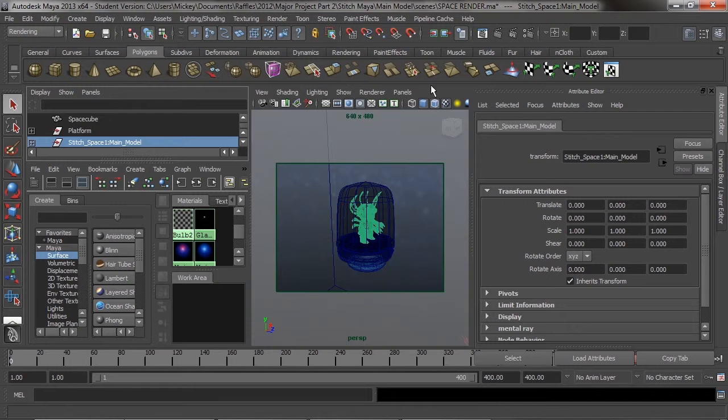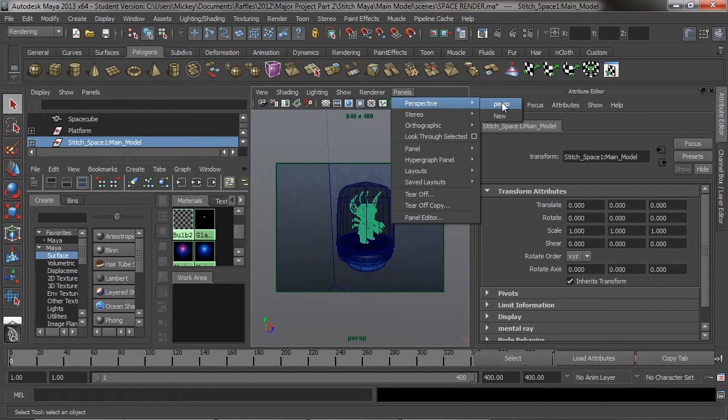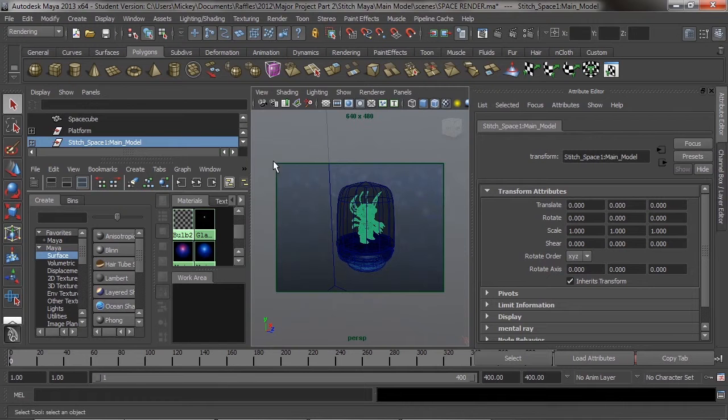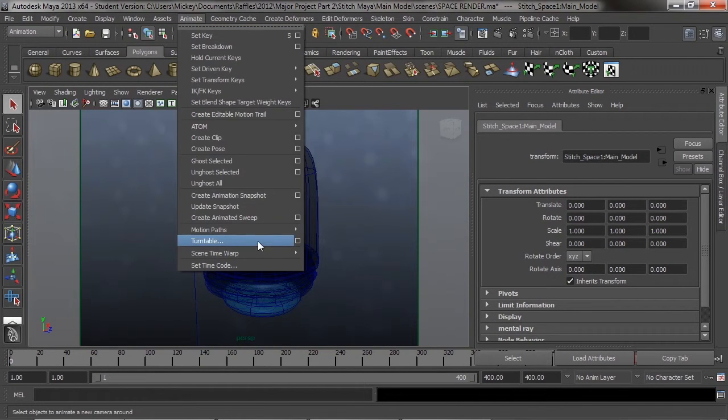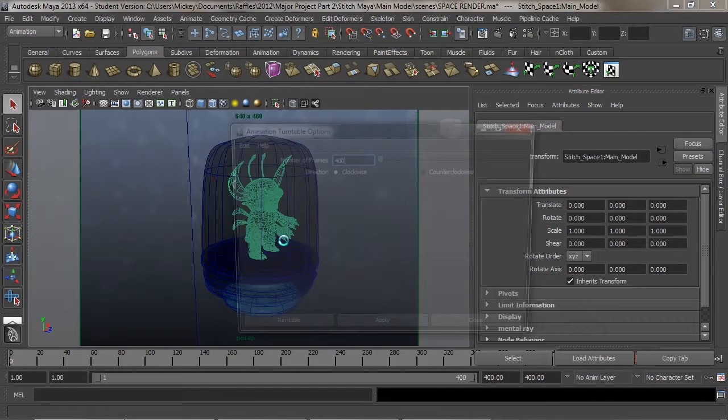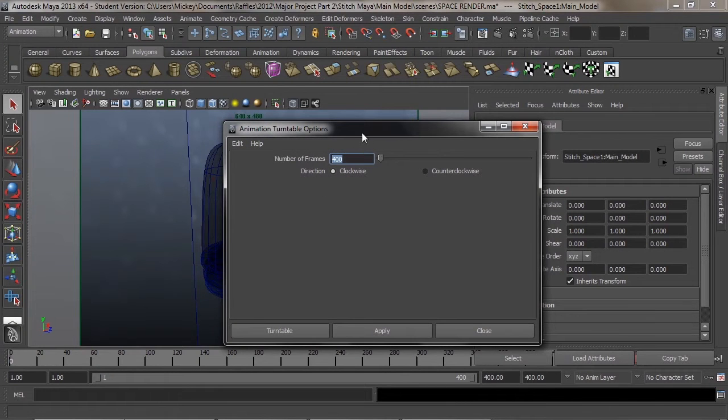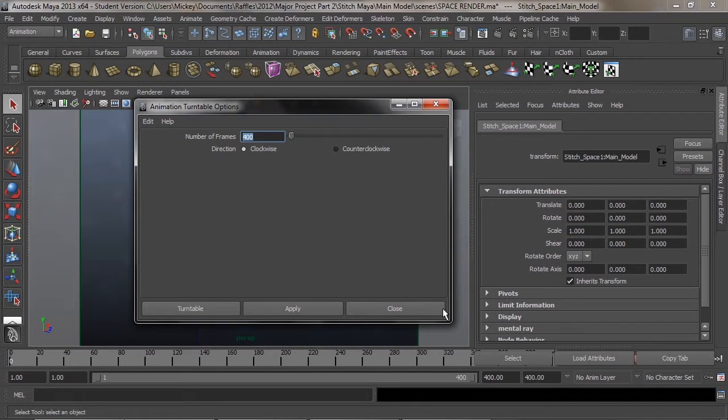And I'll have to choose my perspective camera again, or this won't work. Okay, so now that that's done, go to animation, animate, turntable. Now I've already set up this scene to go for 400 frames because that's just how many frames I wanted. So we're going to turntable and we go option, and we choose how many frames, so same length as my scene here. You can do counterclockwise or clockwise, and then we'll apply that,